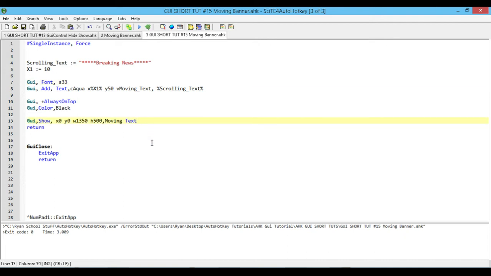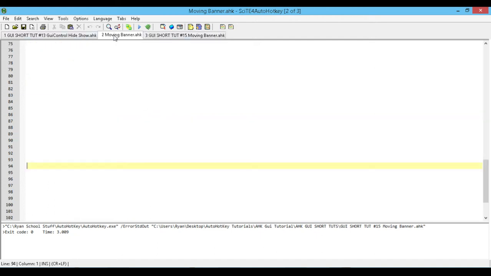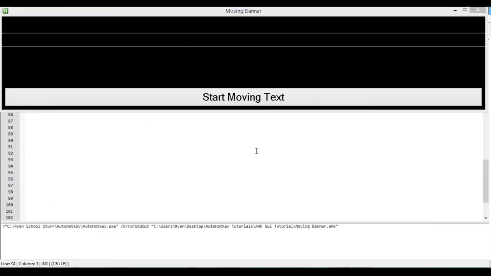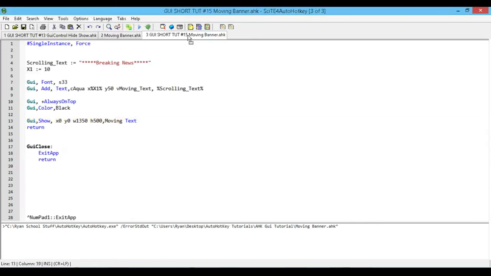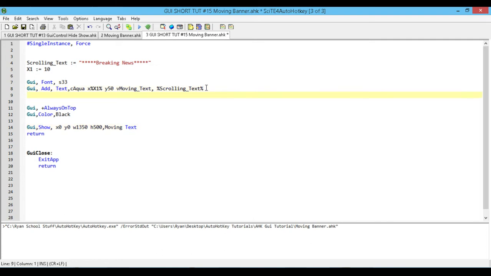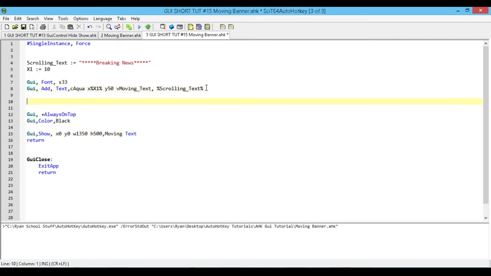Okay, so this is my first time recording this, so usually I don't do so well on the first try. Usually it takes 2 times, but we'll see. Just like with this one here, we're going to use a button to actually start the program. Now, the way I'm going to show it here isn't the ideal way, because it's going to take up all your processing. You're not going to be able to do anything else. This script is all it's going to do, because it's going to have a loop. What you'd really want to do is use a set timer to control this, but because I haven't